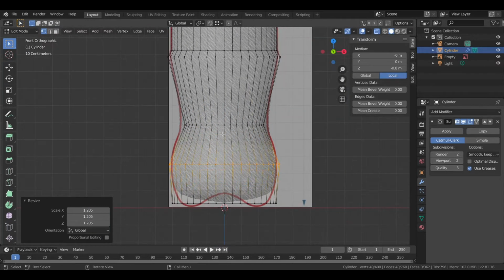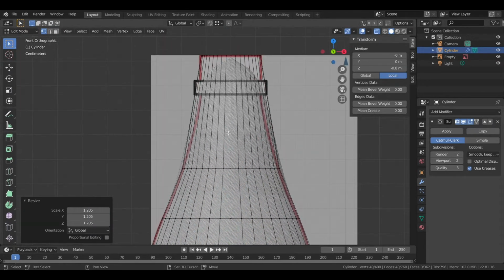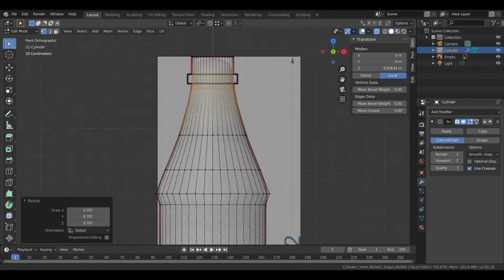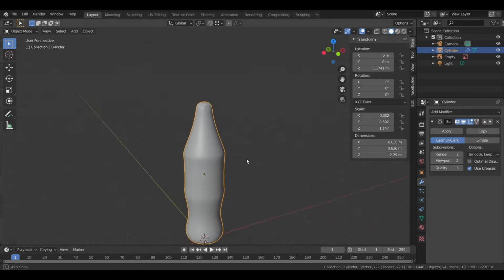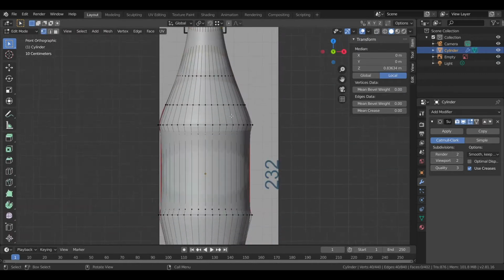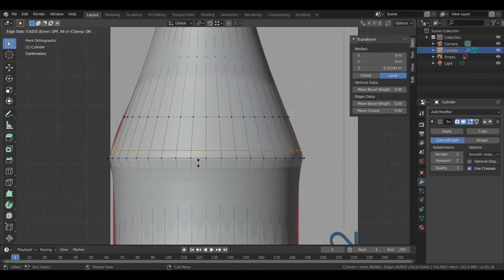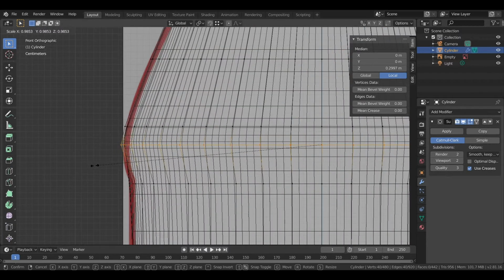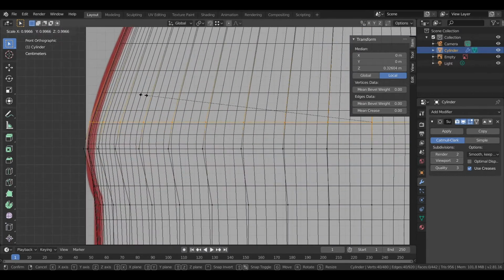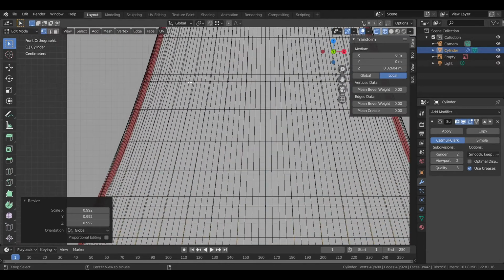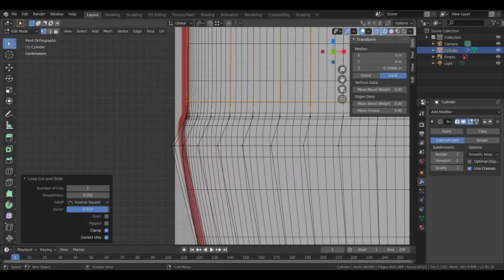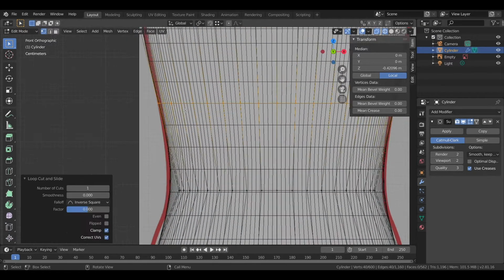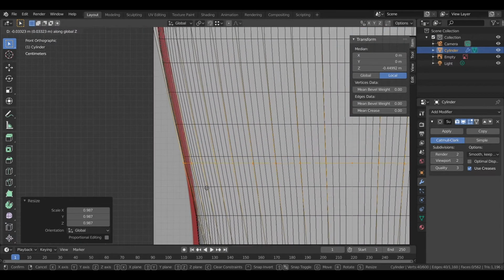During the whole process, I was alternating between the different types of visualizations to be more accurate, and since the line of the drawing I did was too thick, I decided to follow the middle of that line. To be more accurate, what I did was add more loop cuts,